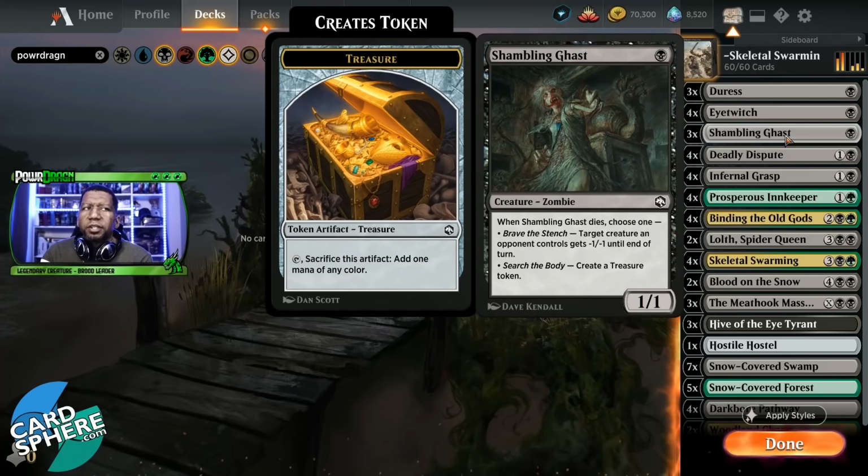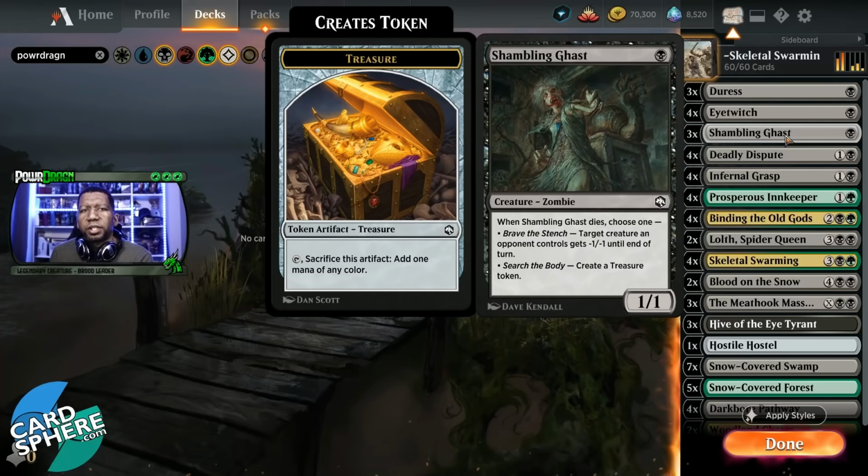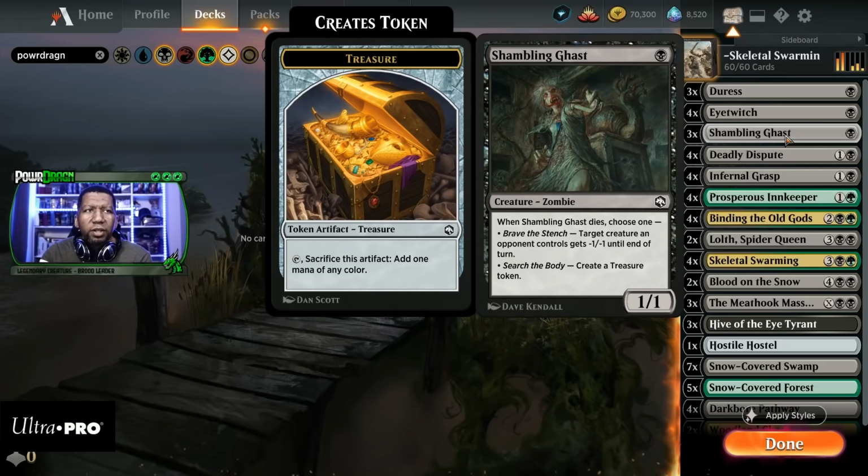We're playing Shambling Ghast. It's almost arguable to play a Forced Shambling Ghast over an Eye Twitch, because you sometimes do just want the treasure to get to 4, 5, 6 mana. So that's something to consider. If you like that style of play, you like one card more than the other, playing a Forced Shambling Ghast